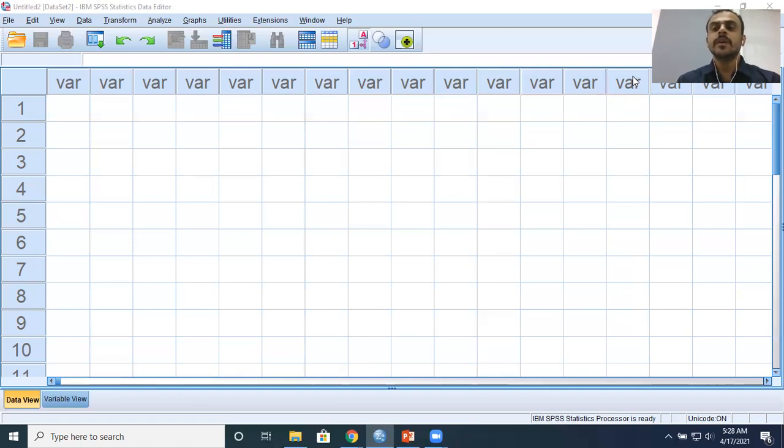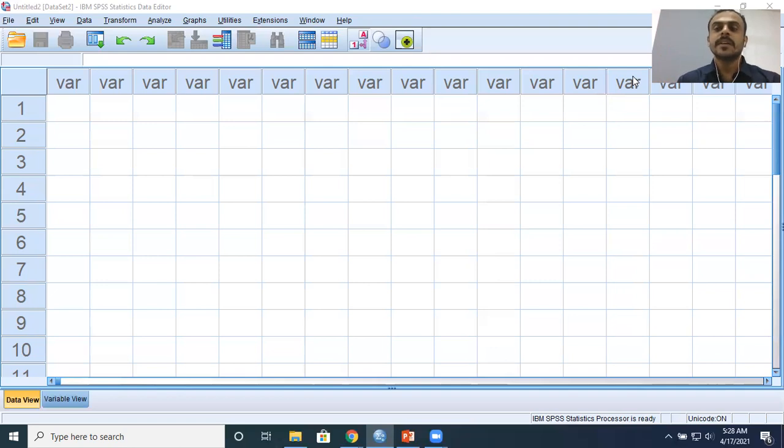To summarize the discussion that we've had, what are the important assumptions of Pearson's correlation? This is very, very important, both from an interview perspective as well as from an examination point of view. There are four important considerations that you need to pay attention to. The first assumption is the data type. Both the variables should be continuous. Don't take categorical variables. Second important assumption is that both the variables have a linear relationship. Third important assumption is that there are no outliers. The fourth important assumption is that both the variables follow bivariate normality.